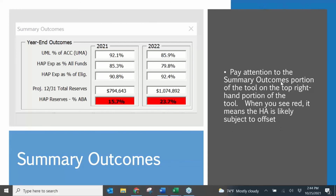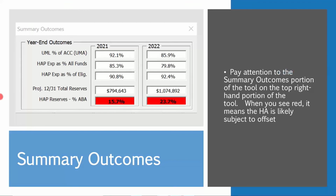Kind of one other section here in the tool is the summary outcomes. Well, it's not a tab, a summary outcomes. When you have your tool open, it's in the top right-hand corner of your tool, and it just kind of floats up there. And as you mess with the tool by adding vouchers being issued or PBVs coming online or changing your success rate, these percentages will change. And so you can get a quick snapshot while not even having to scroll up or down when you're putting in new vouchers that you've issued and things like that to see the impact it's going to have on your